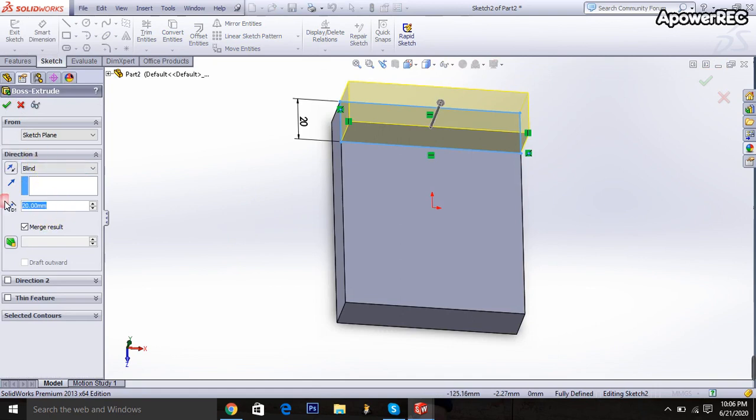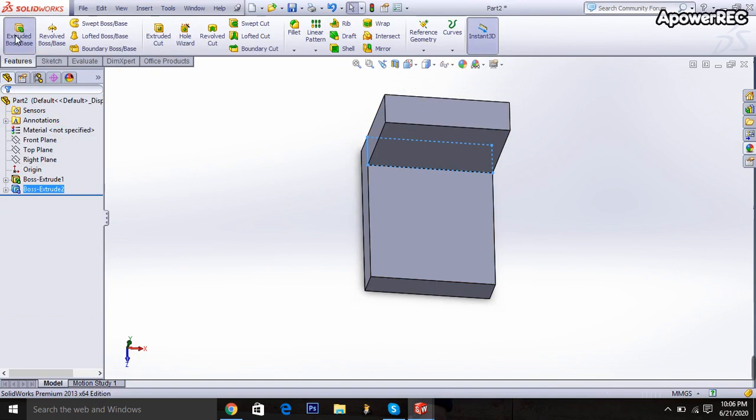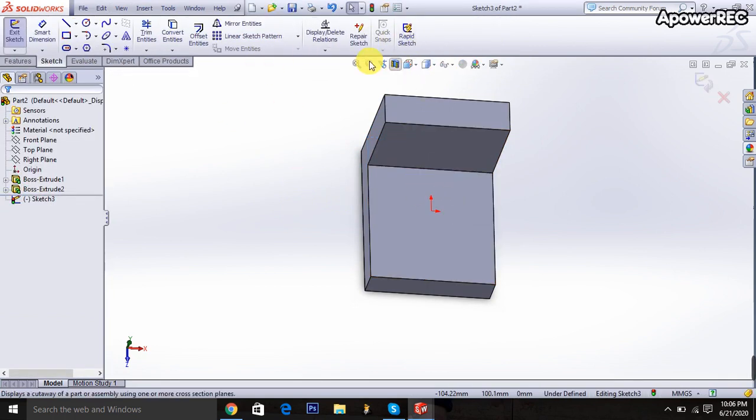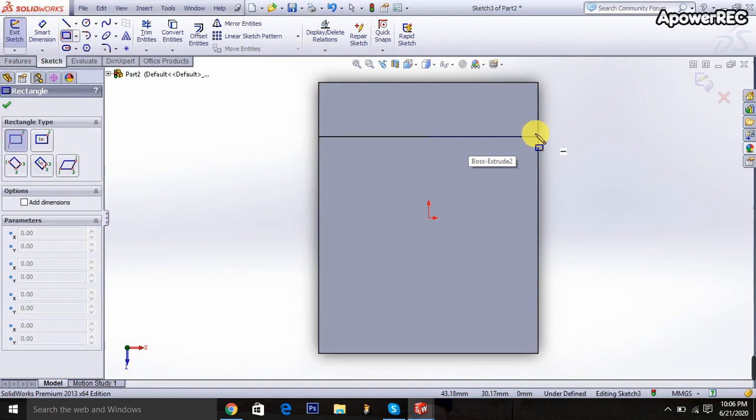Okay, it will be 60 millimeters upwards. Okay, done. 60 millimeters. Okay, done. Then again extrude process select and go to here, select the normal plane and go to the corner rectangle and